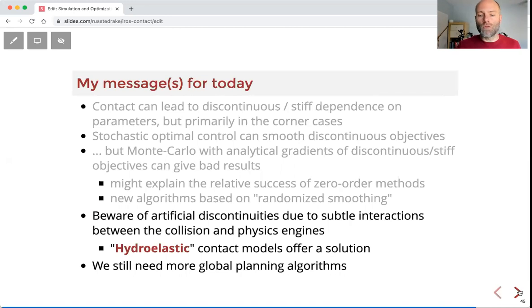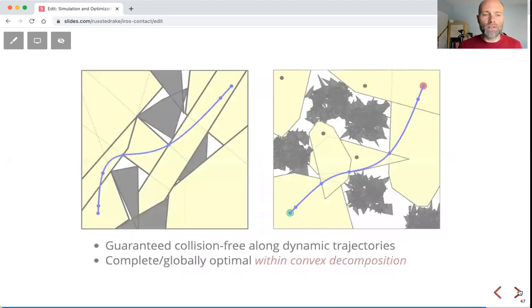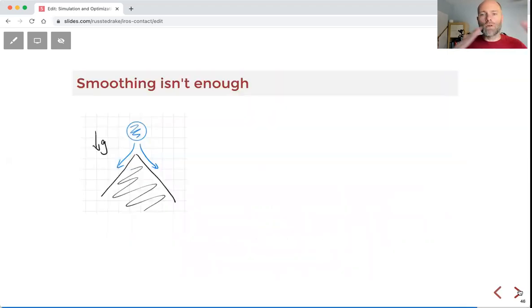I think we still need something more global, right? Smoothing a discontinuous function isn't enough. If we have these discontinuous landscapes, then we still have to reason about those different solutions at some point. So that means either clever parameterizations in the policy space, or RRT style sampling that does a more global optimization, or maybe when people are doing covariance matrix adaptation or CEM, some of the sampling, the global optimization aspects of the genetic algorithms are actually playing an important role, or something more needs to happen to explain, I think, the full richness of optimizing through contact.